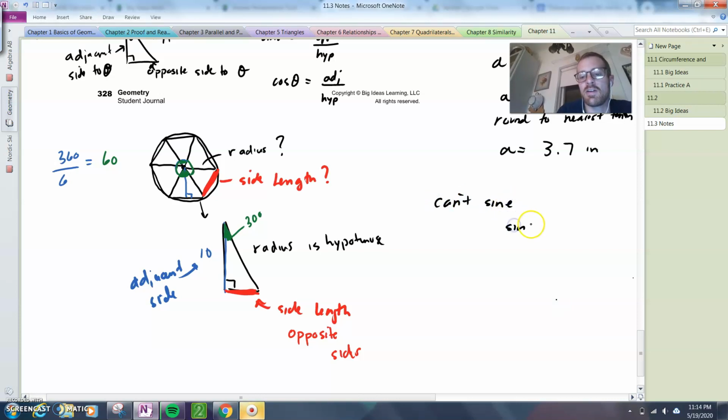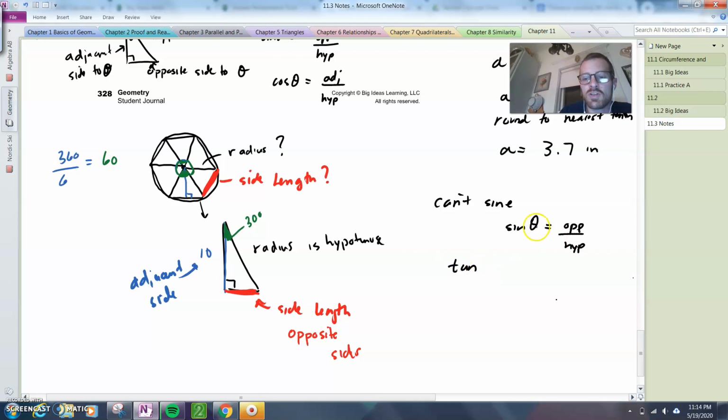Because the sine of any angle, let's just use theta again, would be the opposite side over the hypotenuse. Well, I don't have either of those lengths, so I can't use sine. So I either have to use tangent or cosine. Let's see what happens here. Let's just try to set up the tangent